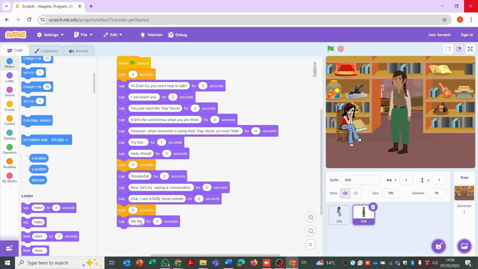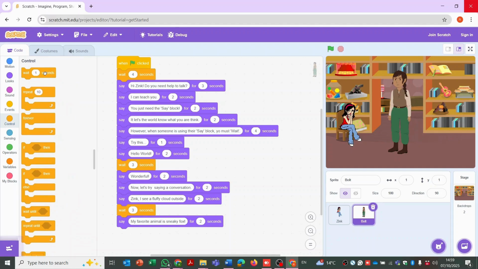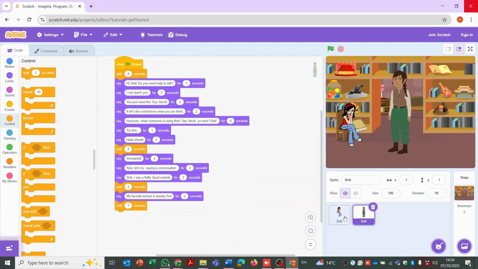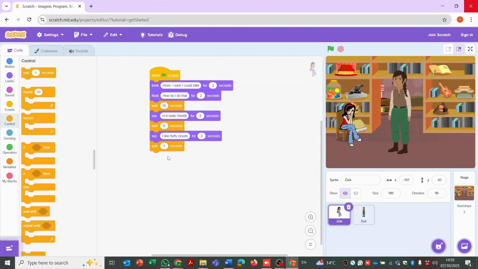My favorite animal is the sneaky fox. And she waits again for Bolt to respond. She waits again for Bolt to respond. Zink now responds back, after waiting for about 3 seconds also, saying,